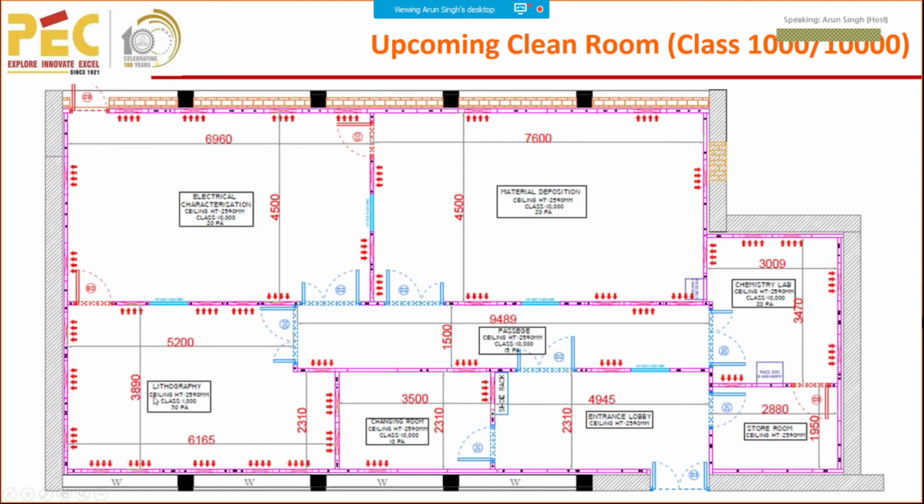And we will have another lab for lithography, that is a class 1000 lab, where we will have the lithography tool, optical lithography. We are going to have a mask aligner in this, and once we fabricate devices, we need to do characterization, so electrical as well as morphological characterization. So those facilities are going to be housed in this electrical characterization lab. So that will be part of this clean room facility.